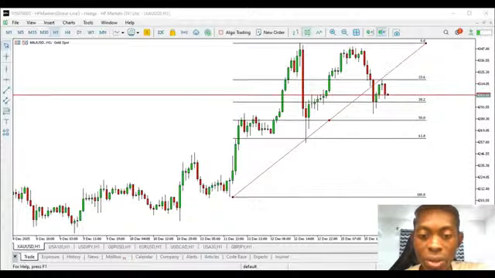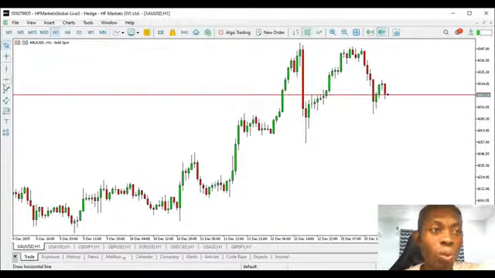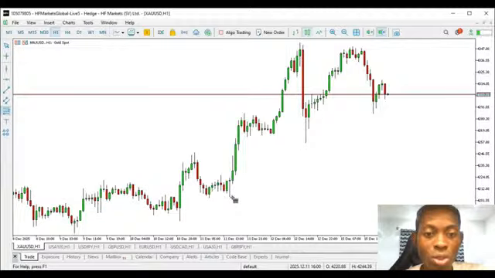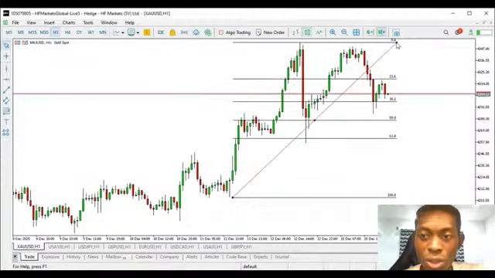Now look at my screen here. Look at this, I just drew this. This is gold on the 1-hour time frame, and this is what happened, I think last Friday. If you draw your Fibonacci retracement, use the tool to draw upward, from the swing low to the swing high. You discover that on the golden level, that is 61.8, you can see